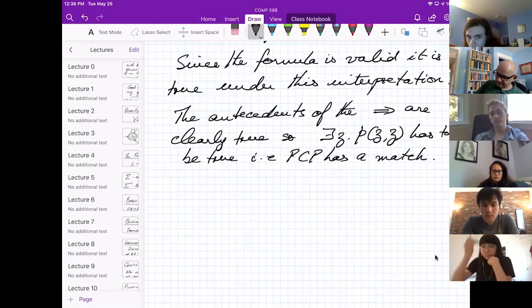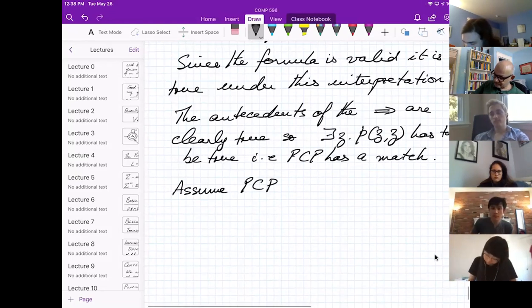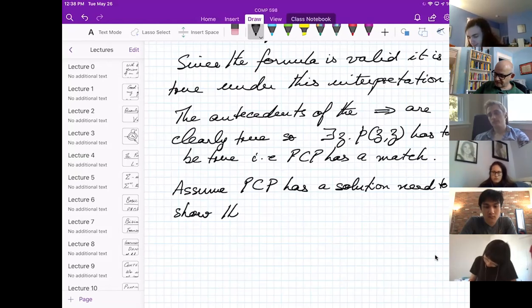Other direction. Assume the PCP has a solution. Need to show the formula is valid.